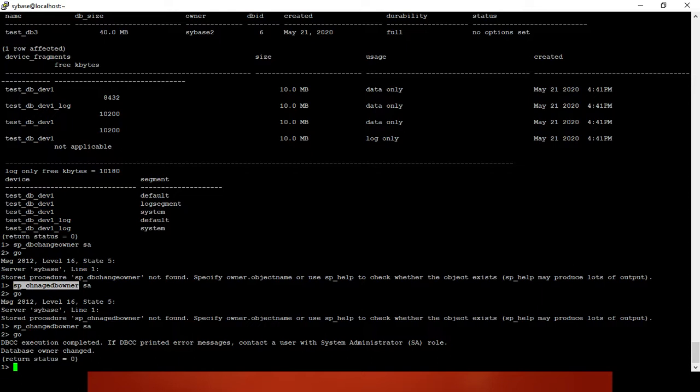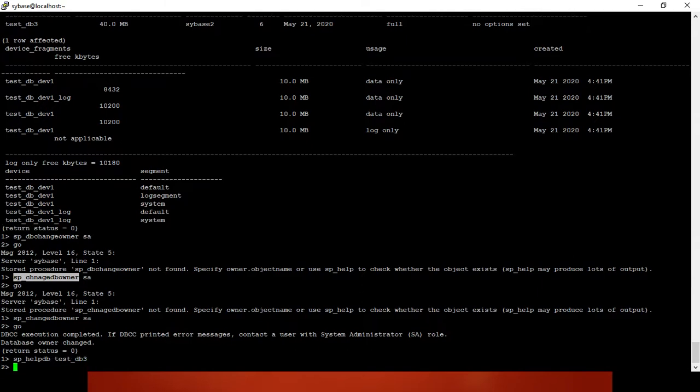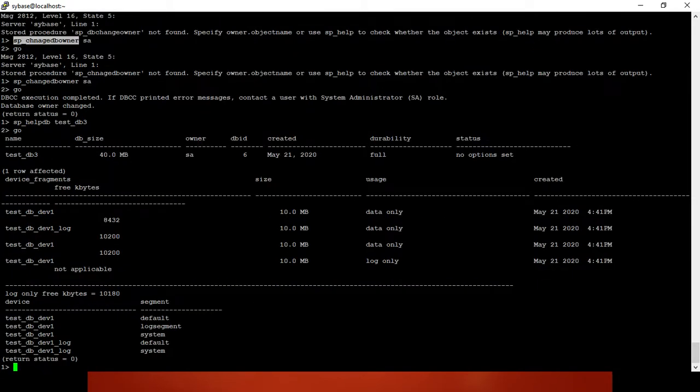Ownership is changed. Now sp_helpdb. You can see the ownership of the database has been changed.